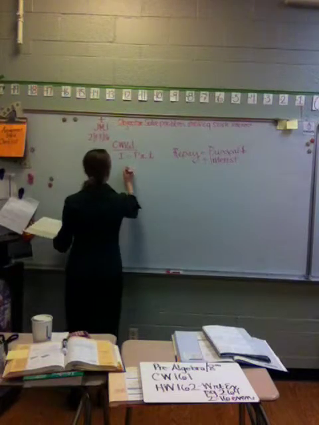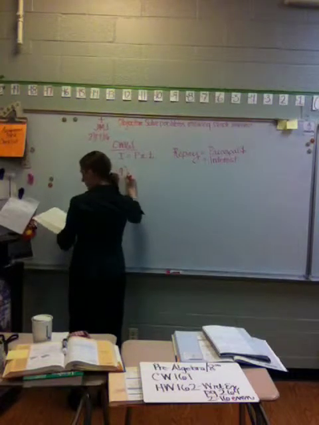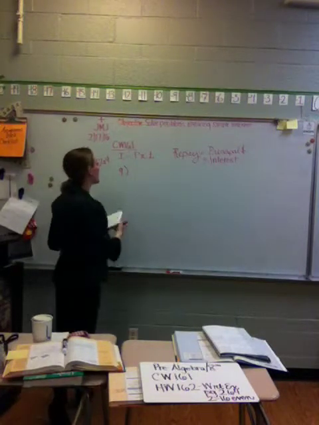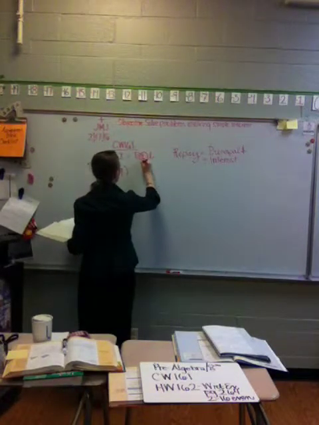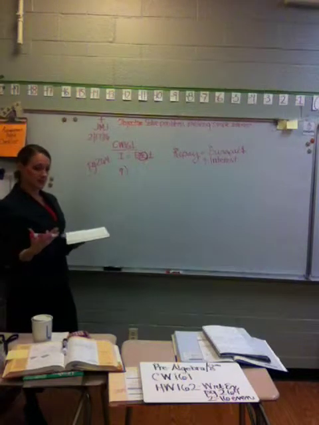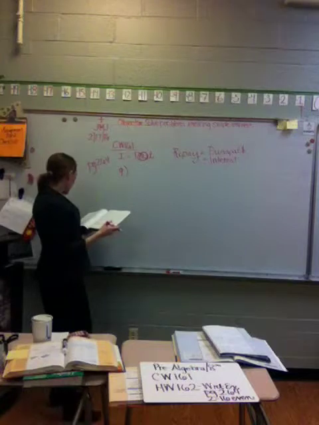number 9. Number 9 says find the annual rate of interest for each loan. So we're going to be solving for this. So they're going to tell us all the information except for that. Make sense? All right, so we've got